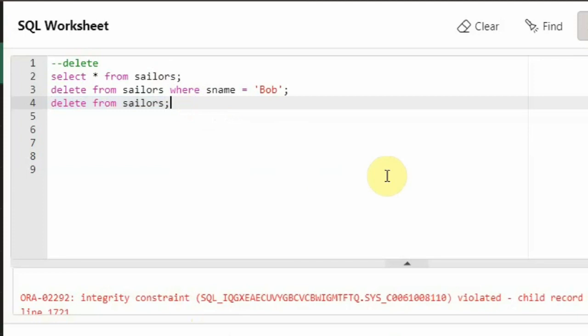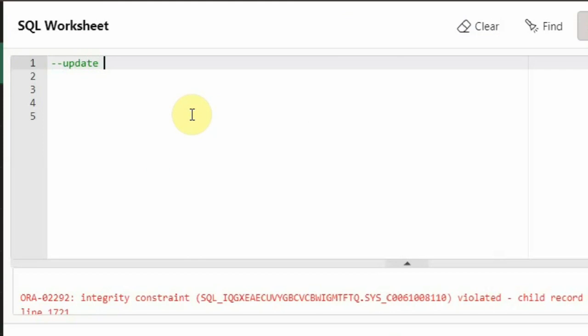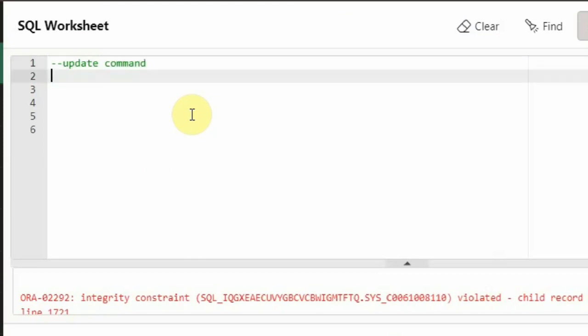Now let us look into how to use the update command. Let me show you how this update command works. To show you what I am updating, let me show you the old value. So I am saying select star from sailors.